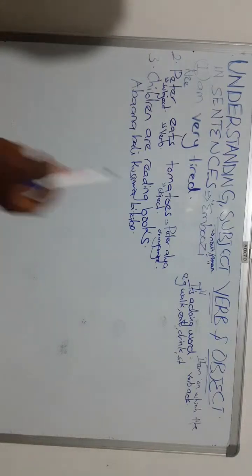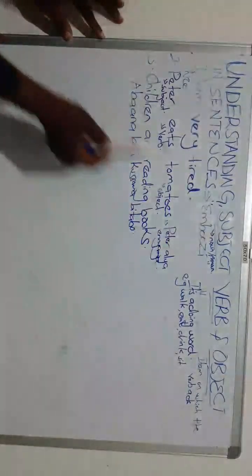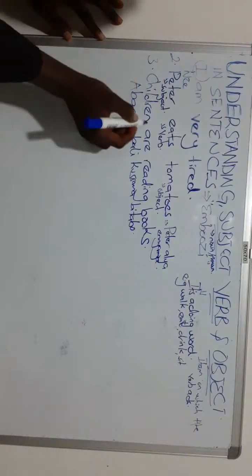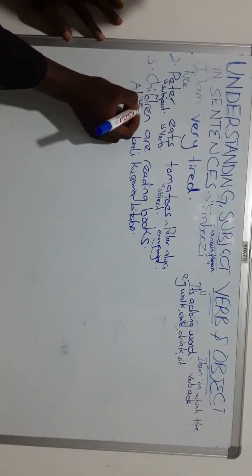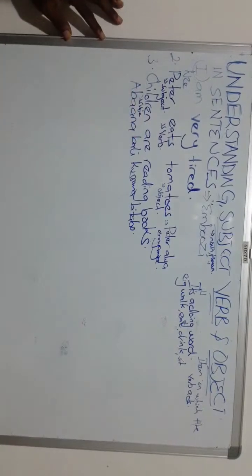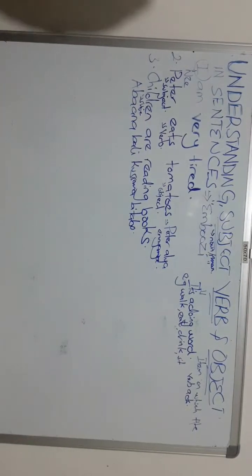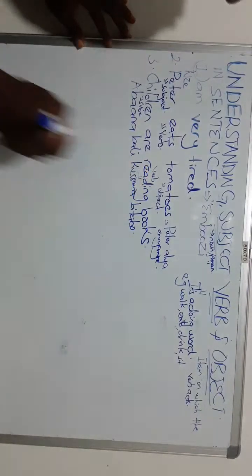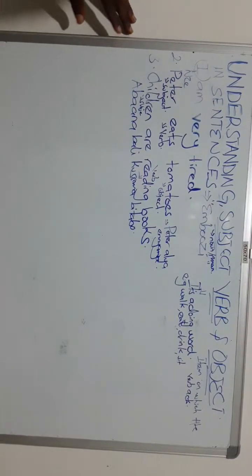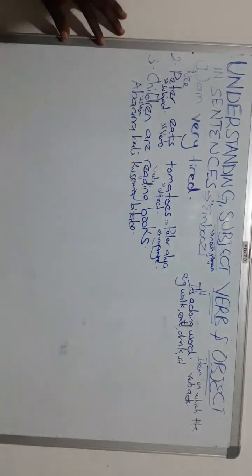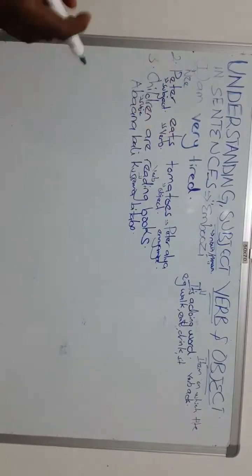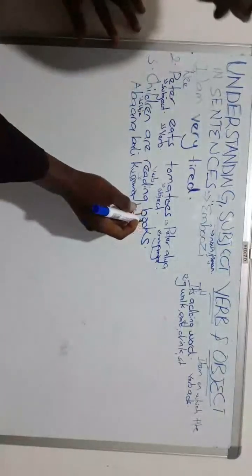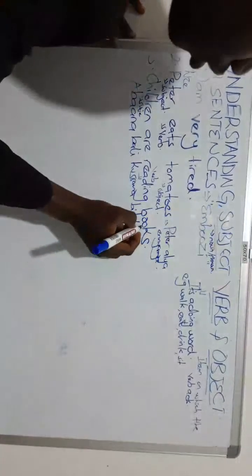So, in this sentence, my children are the subject because we are talking about children mainly. Abana, you're going to cover subject. So my subject is children. Children are my subject. What is the verb? Verb is reading. Okusoma. Reading is the verb. Super. Okay. What is the object? Yes, they are reading, but what are they reading? They are reading books, implying that reading happens on books. So books is going to be my object.